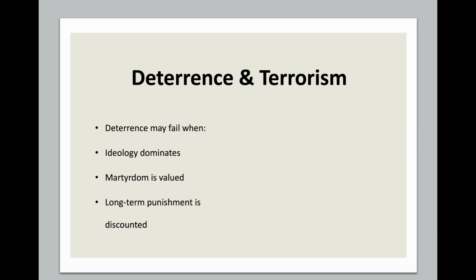For example, suicide terrorism appears fundamentally incompatible with simple deterrence assumptions because the offender does not expect to survive the offense. However, we should be careful not to oversimplify this issue. A sophisticated analysis recognizes that rationality depends on goals. Terrorists may still behave rationally in the sense that they pursue goals strategically. The goals are simply different. Rather than maximizing personal safety, offenders may seek ideological influence, symbolic impact, political destabilization, religious meaning, or group status. And this is extremely important.